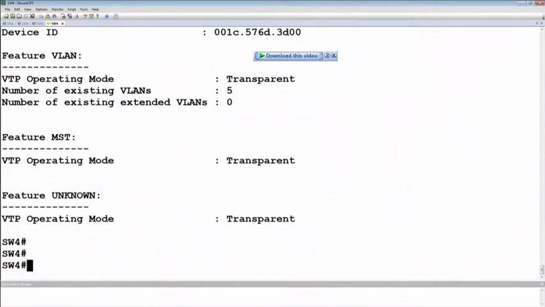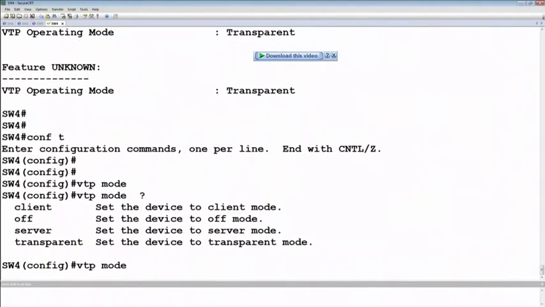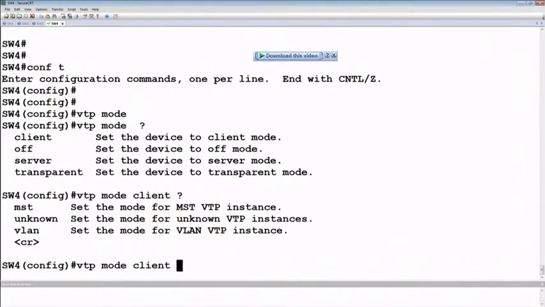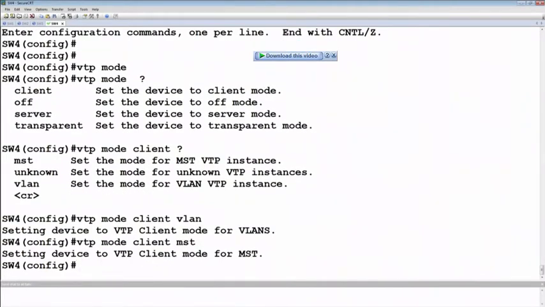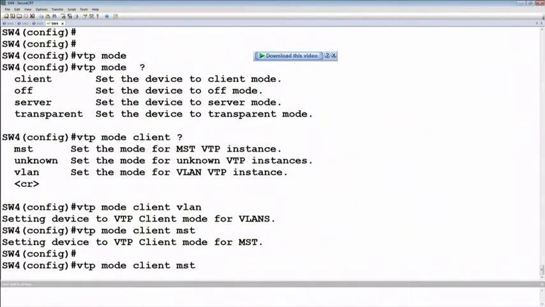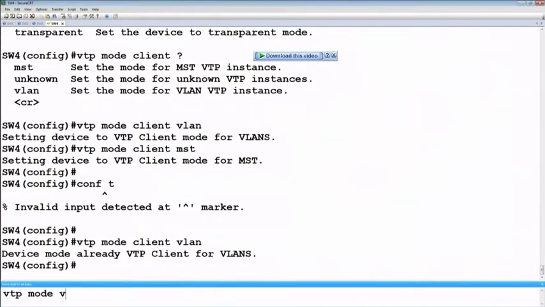So let's say this next. Let's say that the VTP mode is going to be client, and we're going to be in client mode for both VLANs and for MST. Unknown would be like new enhancements that they want to add later. Let's say this on everybody: VTP mode client VLAN and VTP mode client